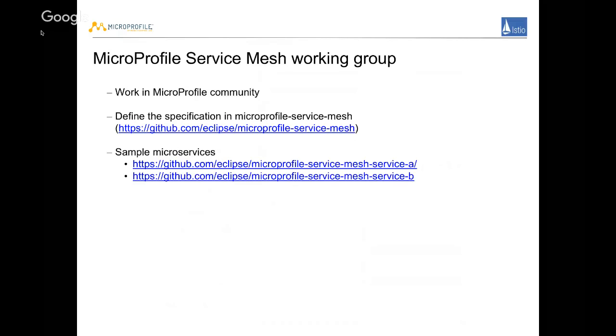So we have a worker group to investigate and to build a good ecosystem. We have a repository called MicroProfile Service Mesh. I strongly recommend people to browse this service mesh and join the worker group, as mentioned by Heiko earlier.